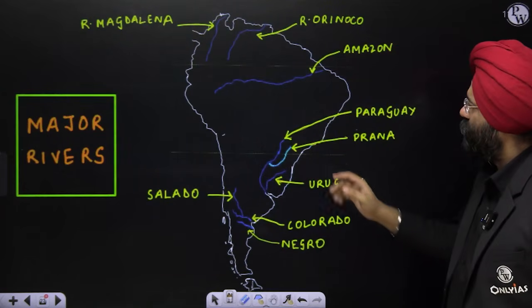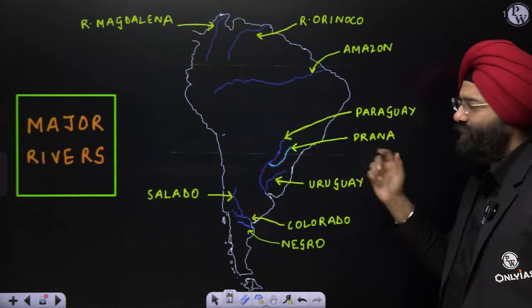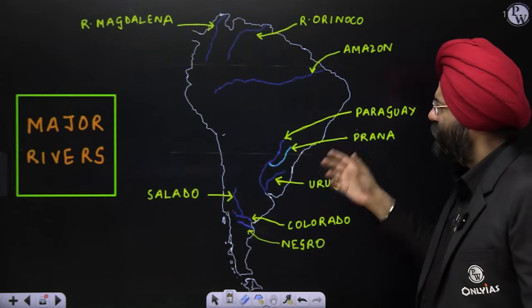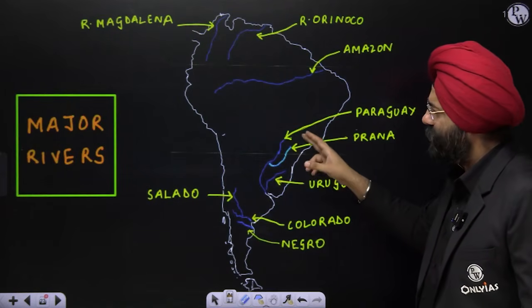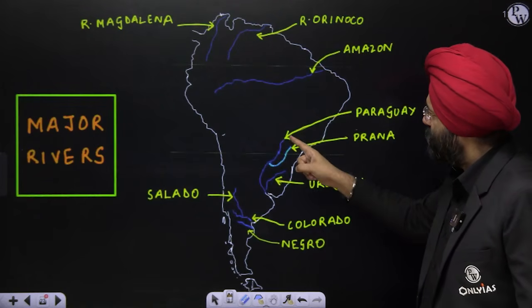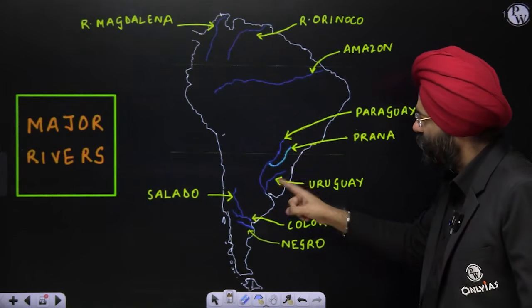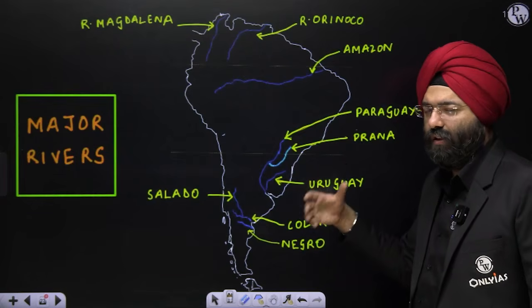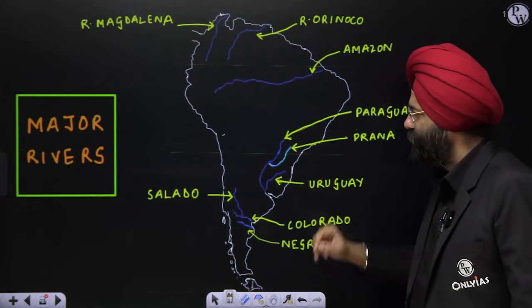If you come south, you had already studied the Paraná Basin. So please remember, it is also known as the Paraná-Paraguay Basin. So it is basically associated with the rivers that are present here. So this is the Paraná River. This is the Paraguay River, and this is the Uruguay River. Obviously, again, the countries also have the names Uruguay and Paraguay. So these are the rivers also.